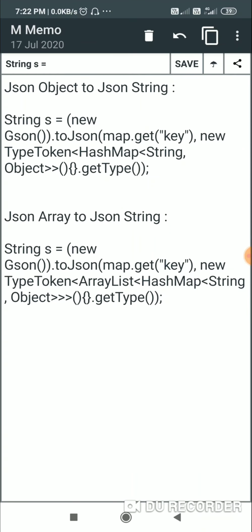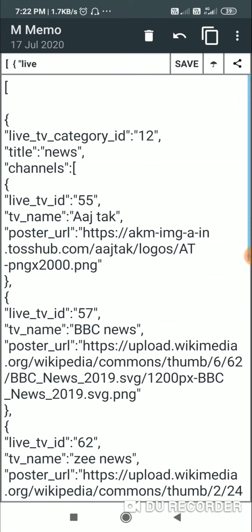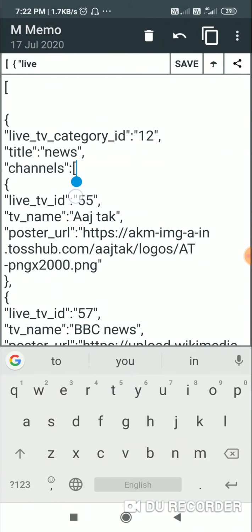Now in our case it is a JSON array. Okay, you can see that the value starts with a square bracket. If it starts with a curly bracket then it can be converted into a map variable, but here it starts with square brackets, so it can be converted into a map list.